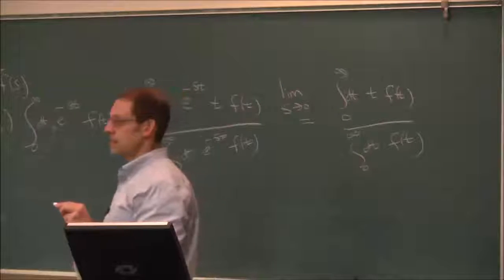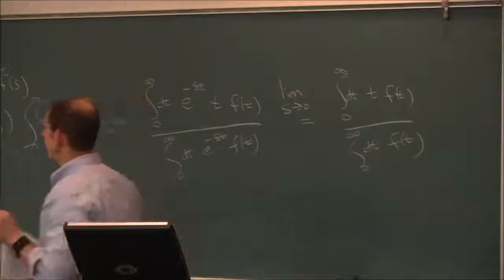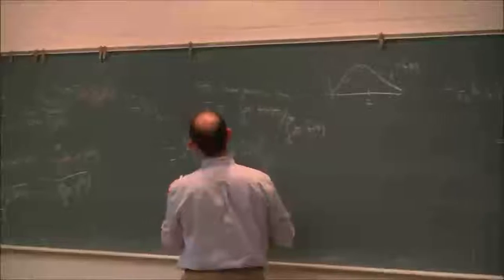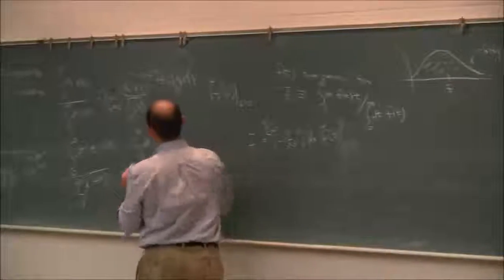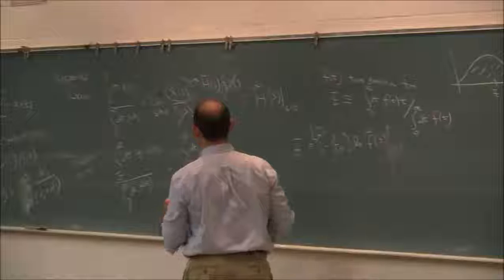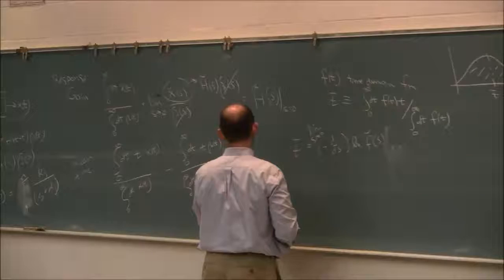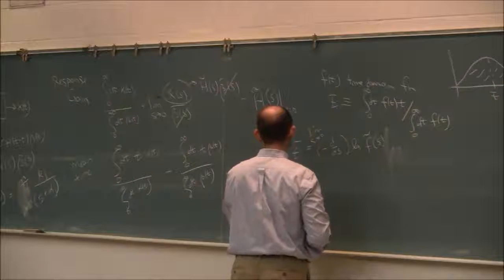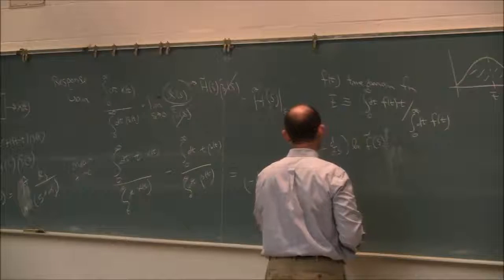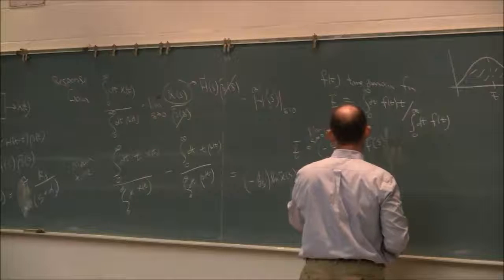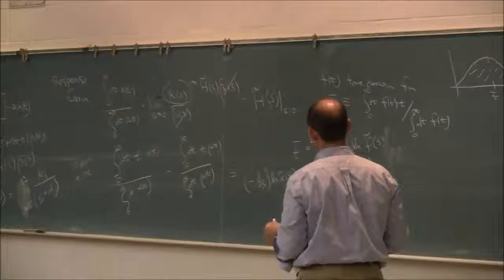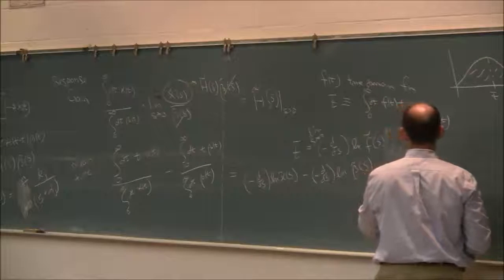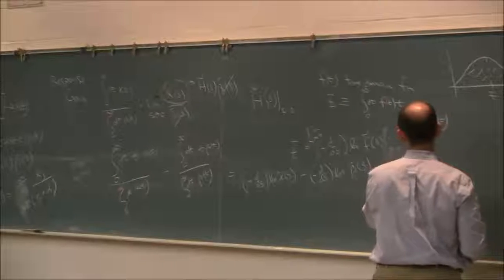All right, I saw somebody's hand up. Nope. All right. So now for the time of the response, using this, we have minus d/ds log x tilde of s minus d/ds log beta tilde of s, and so that's minus d/ds of log of